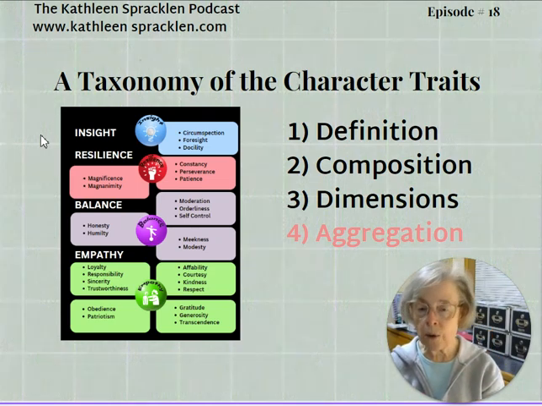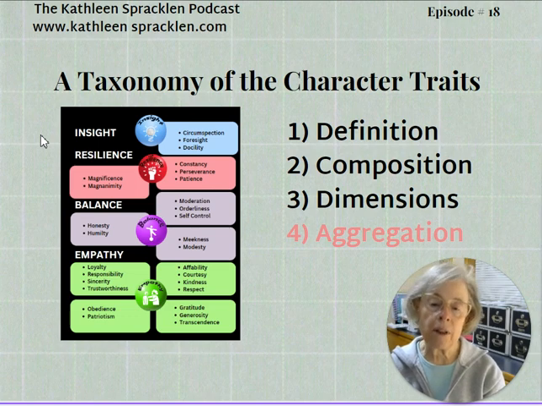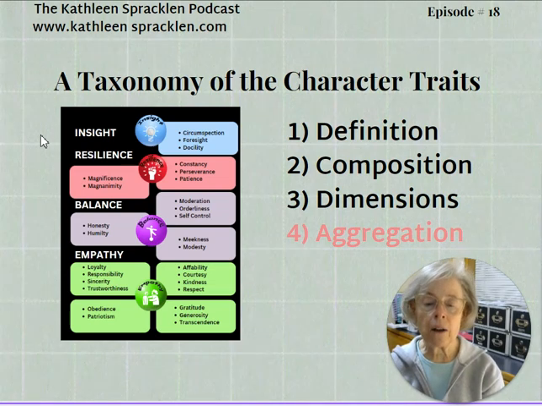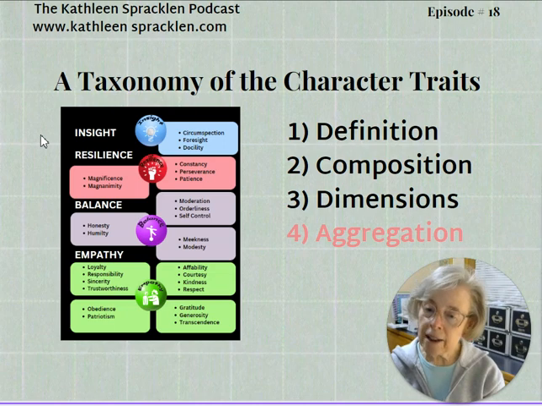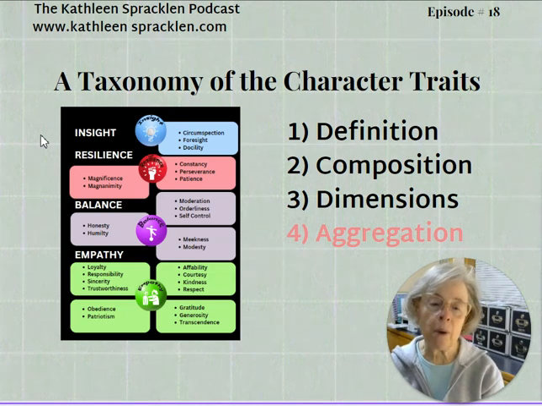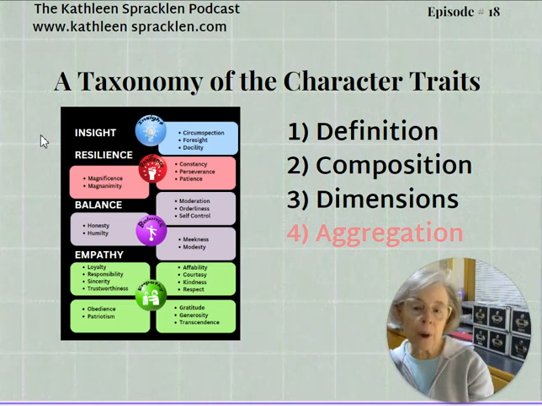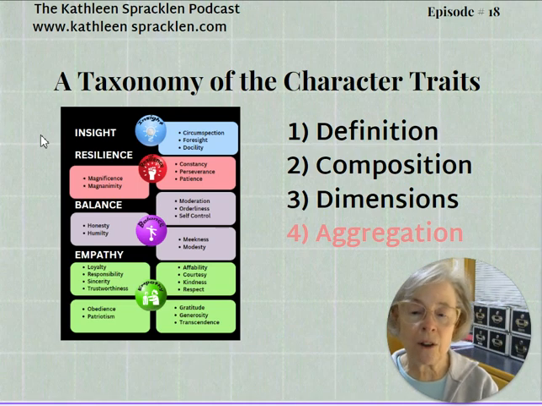They correspond to the taxonomy of Thomas Aquinas with the 4 virtues, and we will again spend quite a bit of time talking about why these groups are aggregated the way they are, because they're going to be a very important part of the taxonomy. So that's it. That's the brief overview of where we're going with the taxonomy of the character traits.